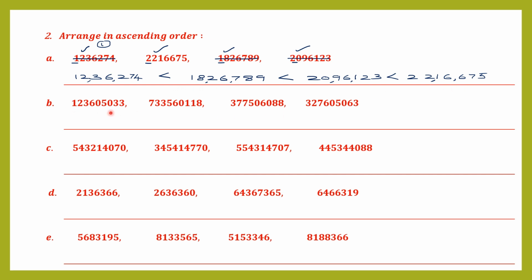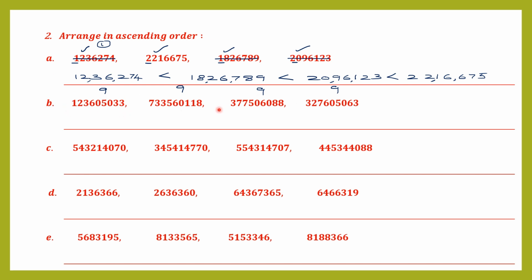Here also you can see many digits. Let's count the number of digits. 1, 2, 3, 4, 5, 6, 7, 8, 9. There are 9 digits here, and in each of the other numbers there are also 9 digits. Since the number of digits is the same, we're going to look at the digit in